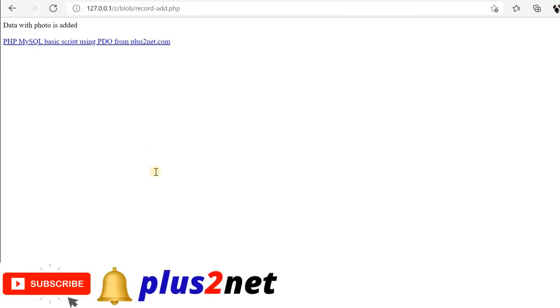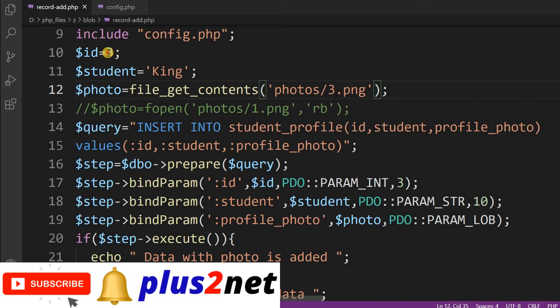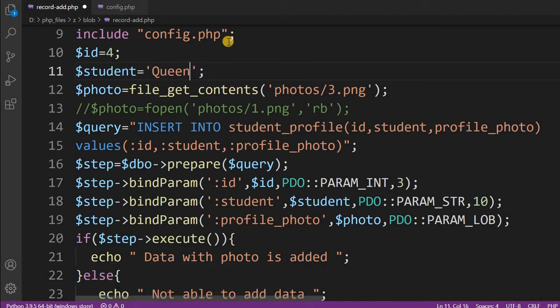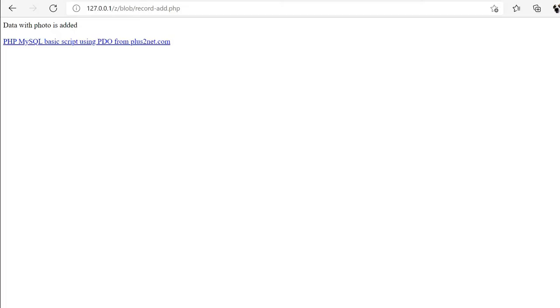Here I am not telling the ID number and all. Okay, so you can add those features. ID 4, you can write something else also. The 4 photographs I am inserting, PNG files I have. So I am inserting it here. Now we'll see how we'll display this. All 4 have gone inside.